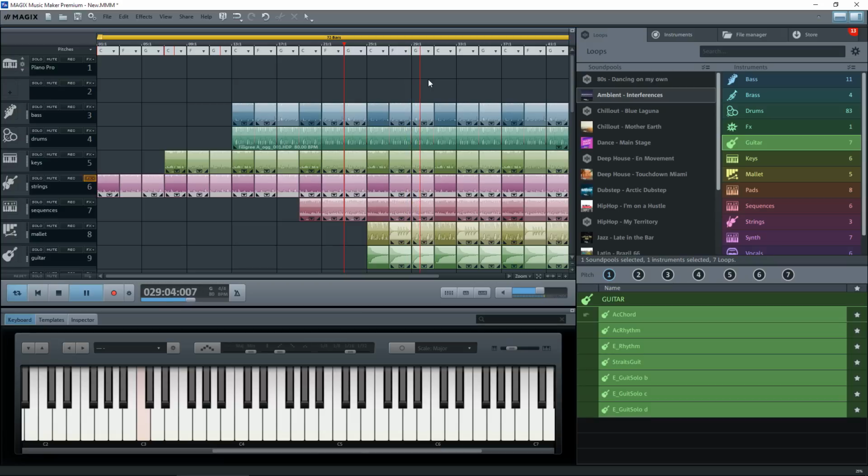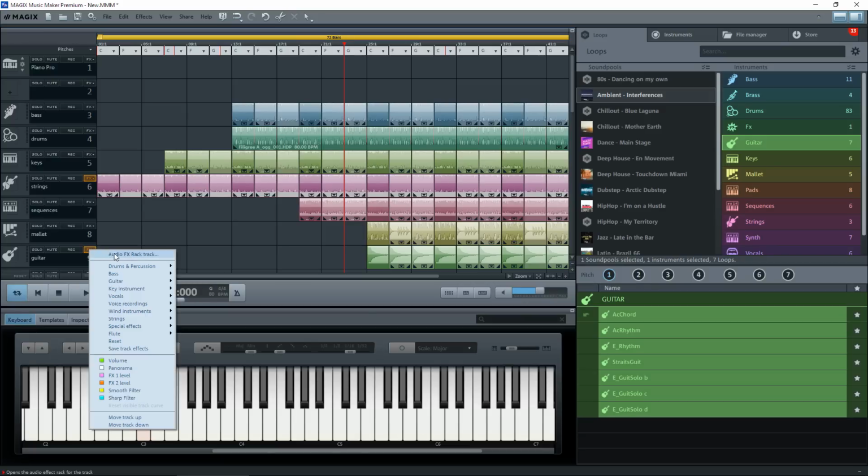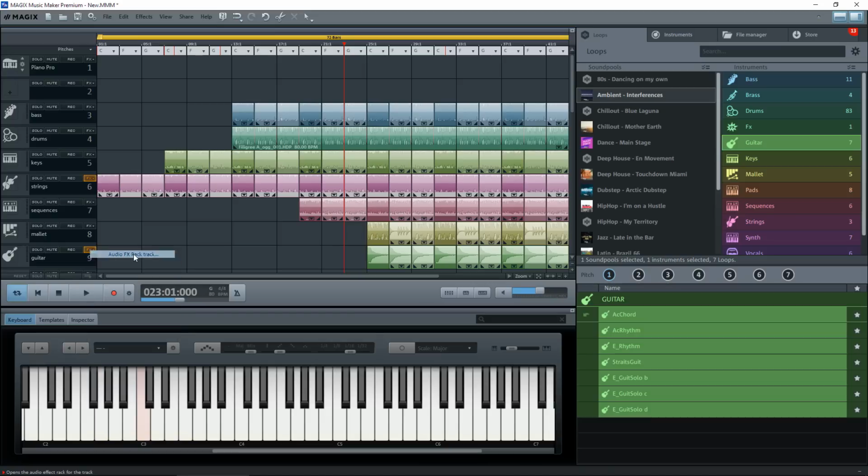Now if you notice, that guitar is rather quiet, but it is noticeable. Let's stop that. We could do with turning this guitar up a little bit. So if we click on the effects rack here and go to the audio effects for that track,